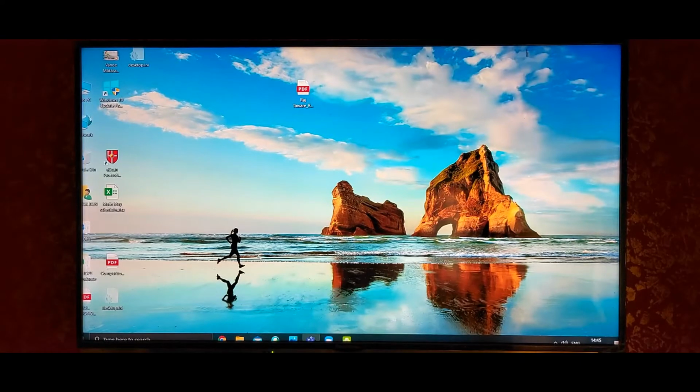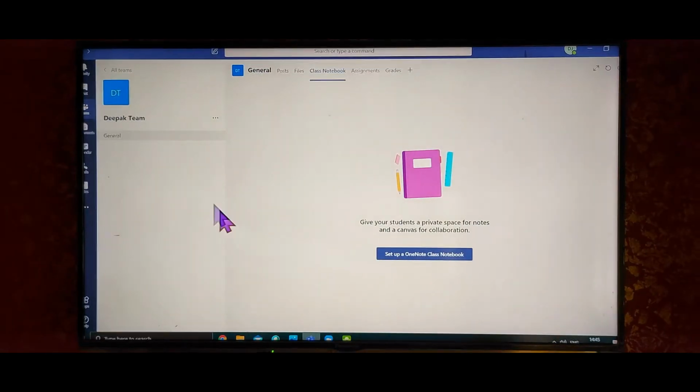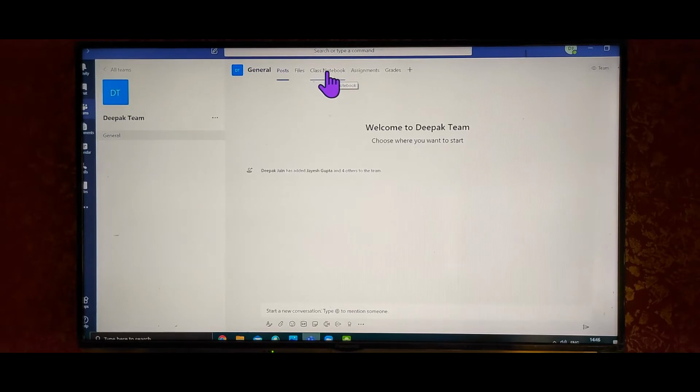Now teachers, first we'll create a class notebook and then we'll see how to send papers to each student in the class notebook. So I'll go on Teams. I have made a new team. I'll click on class notebook. I'll just show from the starting. The moment I click on class notebook,